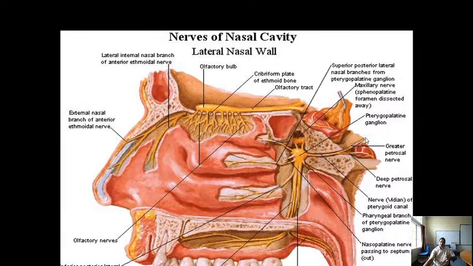That's called the greater petrosal nerve, and it is joined by another nerve which carries the sympathetic plexus around the carotid artery, which is called the deep petrosal nerve. These two petrosal nerves, greater and deep petrosal nerve, form and travel in a canal called the median nerve. Now this joins the sphenopalatine ganglion, and from there the branches which go are the ones which supply